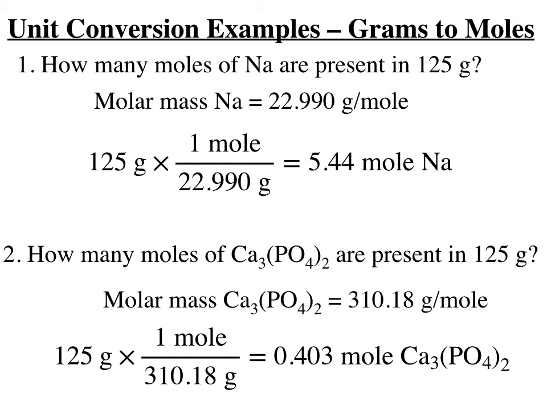If I ask the same question, how many moles are present in the same amount, if you like, of calcium phosphate. There's the formula of calcium phosphate. On a slide previously, I found the molar mass of calcium phosphate pentahydrate, but this is just calcium phosphate. If I add up the 3 calciums, 2 phosphoruses, and 8 oxygens for this, I would find it is 310.18 grams in a mole. So if I wish to convert 125 grams of this material into moles, again, I take